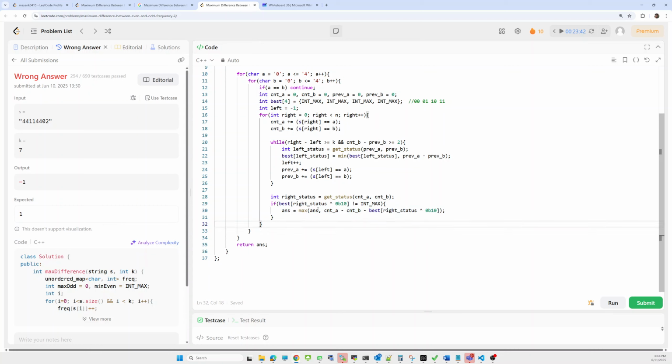Our answer will become the maximum of either the maximum answer we processed from the past or the update from the current one. If we update the answer from the current, what will the answer be?